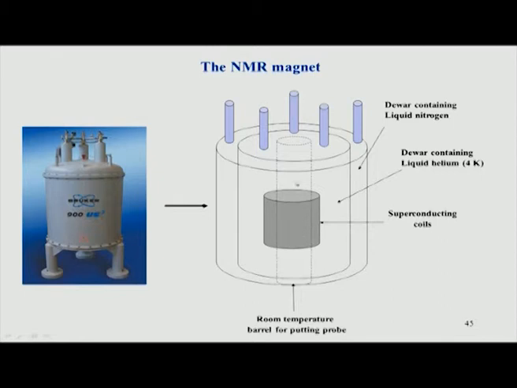If you look at this picture of the Dewar again, it has many concentric Dewars inside the main outside container. The innermost Dewar contains what are called superconducting coils. Superconducting coils are coils wound around in a circle, and these coils are dipped in liquid helium. So, this is surrounded by liquid helium. In the presence of liquid helium, which is typically at 4 Kelvin, this coil becomes superconducting, meaning it has no resistance to the current flowing in the coil, and this causes a magnetic field.